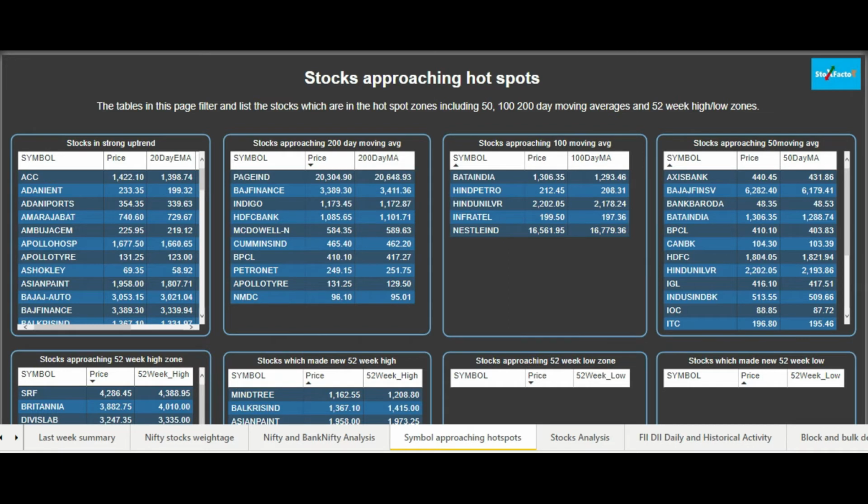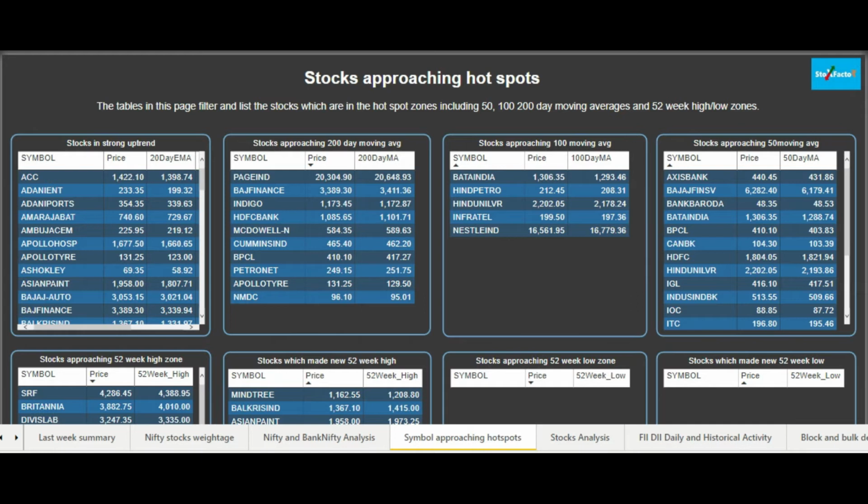For the viewers who don't know about the support and resistance zones, if I define them in a short sentence, support is where the buying pressure comes, or where the buyers are sitting to buy the stock or the symbol, and the resistance zone is where the sellers are more dominant, where the sellers are waiting for the price to come in order to sell their positions. So these are the support and resistance zones.